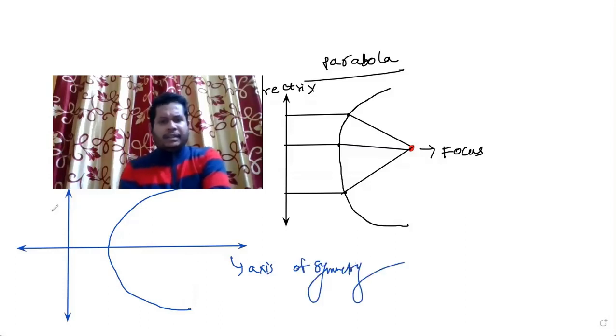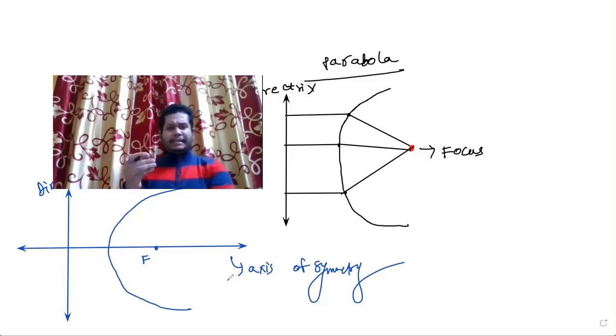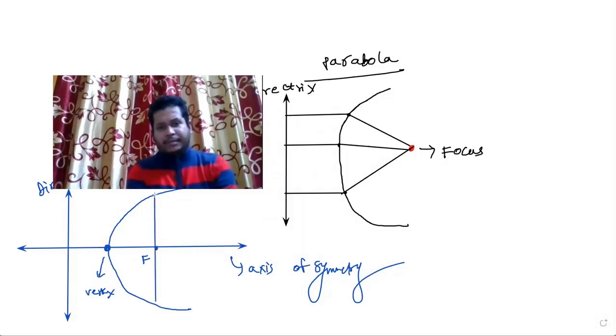Now, this one I already told you, this is my directrix for the parabola, right? And the fixed point that we marked earlier is the focus. You can see here that this parabola is touching the axis of symmetry at one point. This is the point, so this is called my vertex. And if I draw a line which passes through this focus and at the same time is perpendicular to the axis of symmetry, then that line will be called the latus